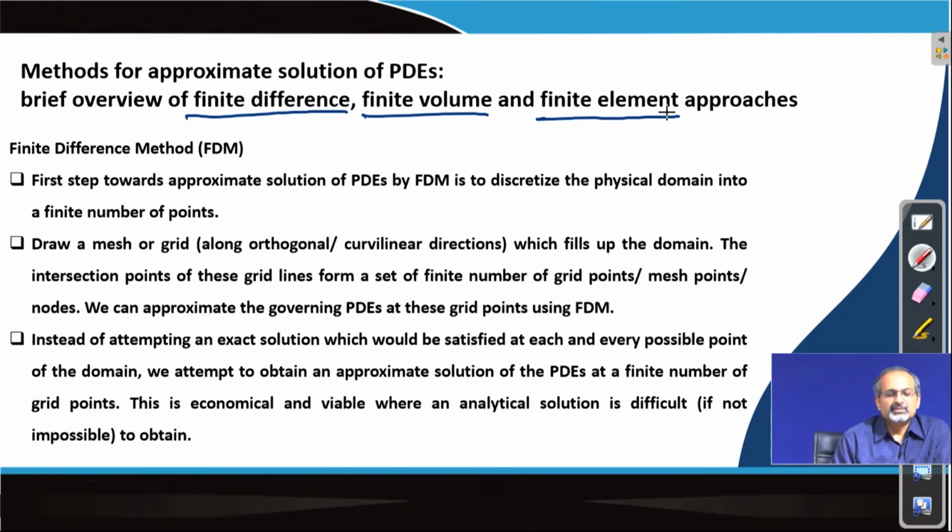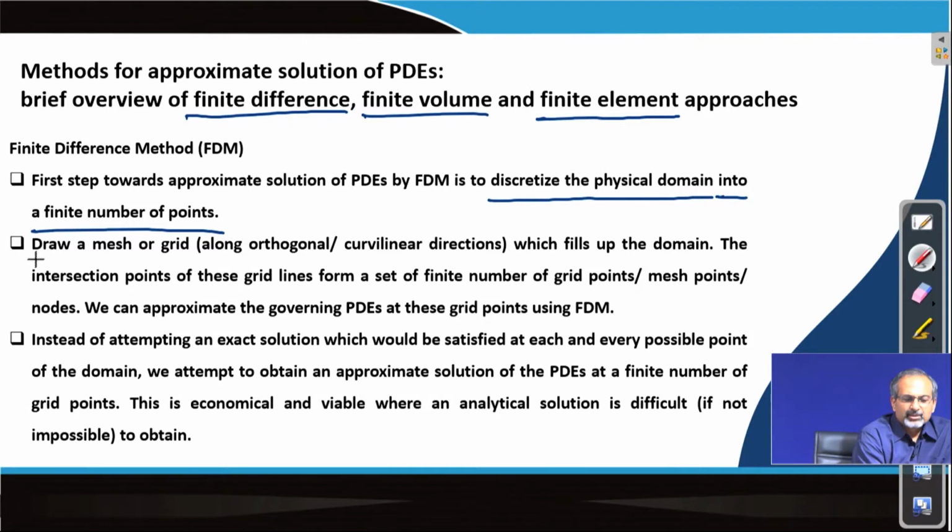So, in finite difference method, we take a few steps to explain how the method actually works. Here we discretize the physical domain into a finite number of points to begin with, and then we apply a certain manner in which we approximate the derivatives of dependent variables at these points that we have defined.